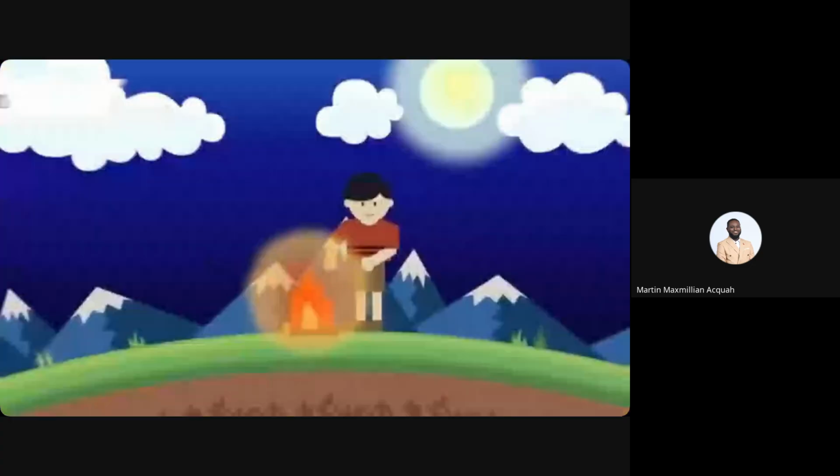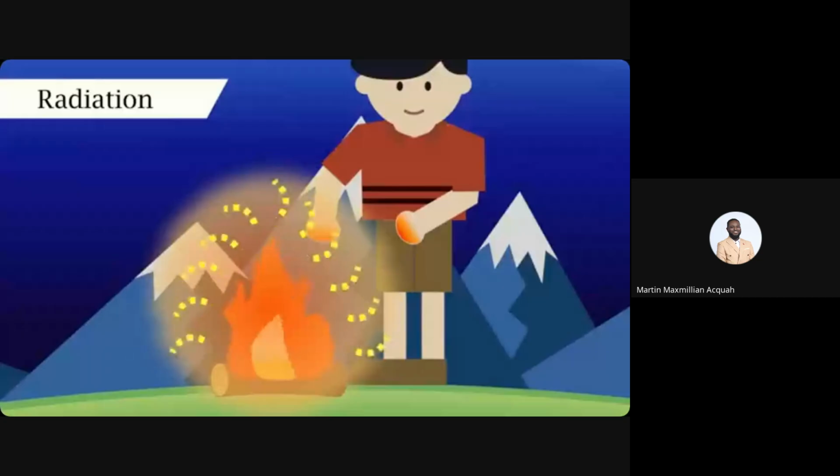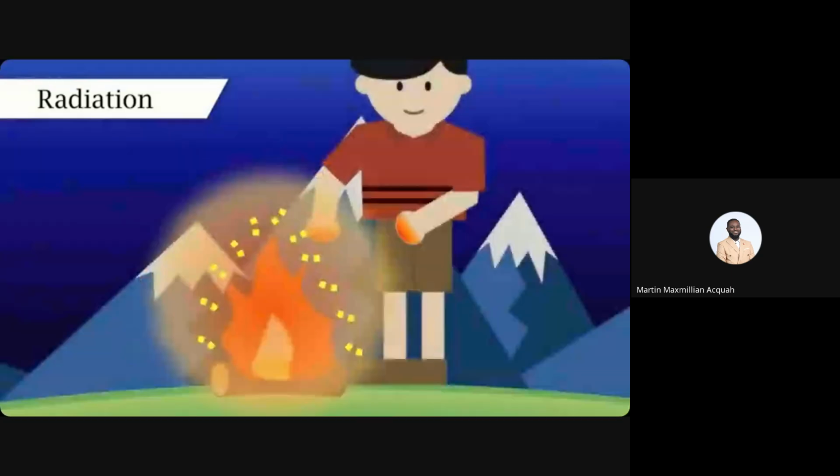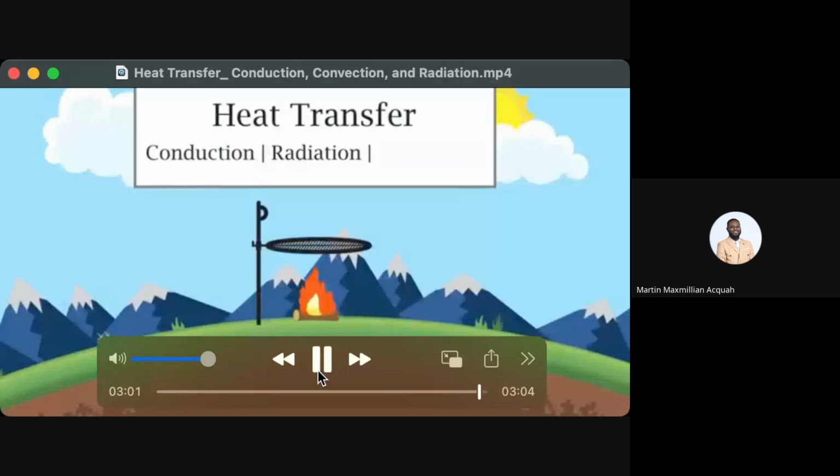Finally, let's talk about radiation. This is when electromagnetic waves come in contact with an object. The waves transfer the heat to that object. It's heat traveling in the form of visible and non-visible light. Some examples of radiation include feeling warm while standing next to a campfire, reheating that slice